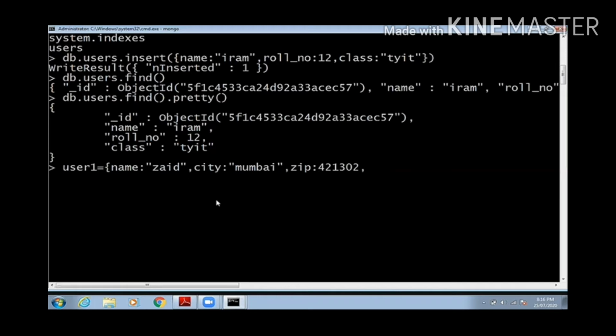Now I will use a key like gender, so gender will hold a character, so I will again put it inside double inverted commas. M for male. Now I will close that.